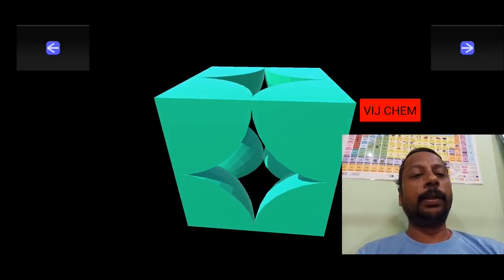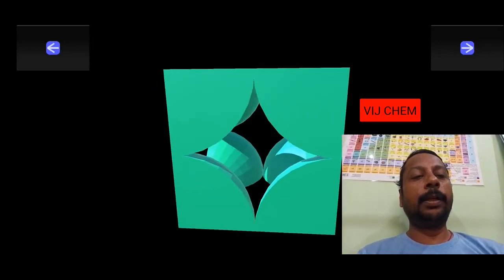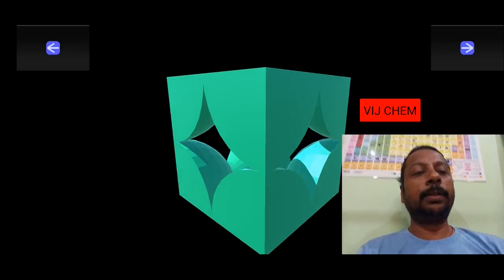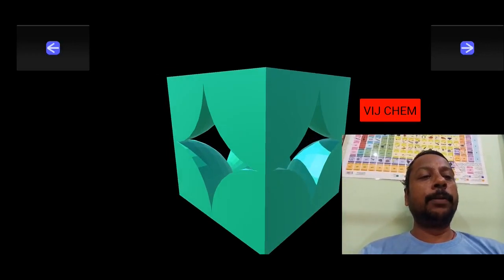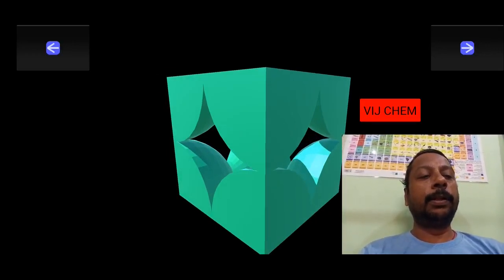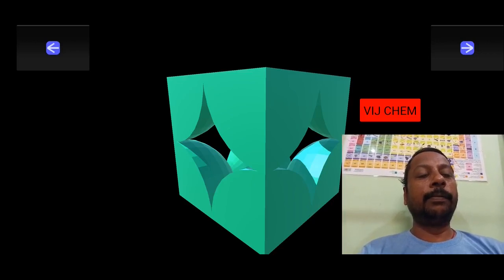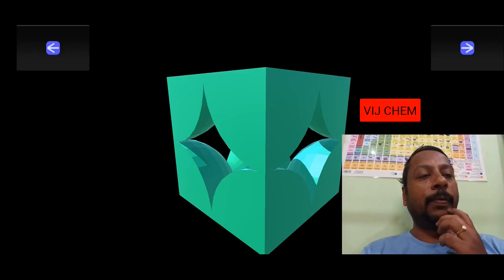See, you can see it from inside or not. Inside it is spherical only, but outside it is a flat surface. So how much part of it is left over in this unit cell? 1/8 part of this corner is left inside the unit cell. Okay, what is that 1/8?